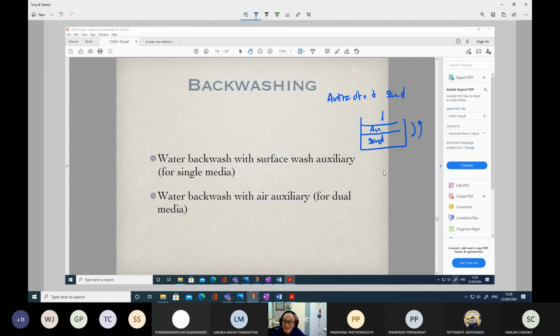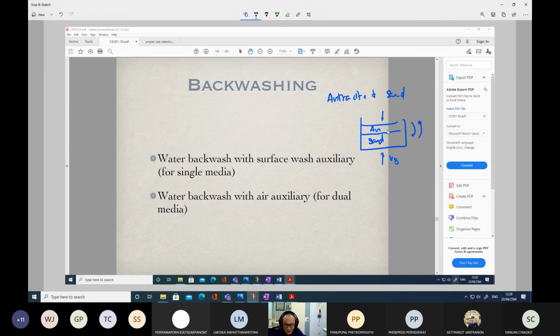Why? Because I put it up here, right? Anthracite, if you think about the densities, it is much lighter than the sand, right? So if you do the backwash, what will happen? After backwashing, you cannot maintain a higher